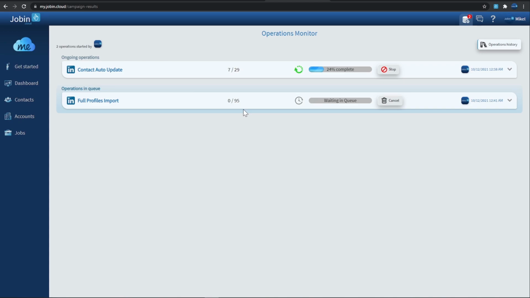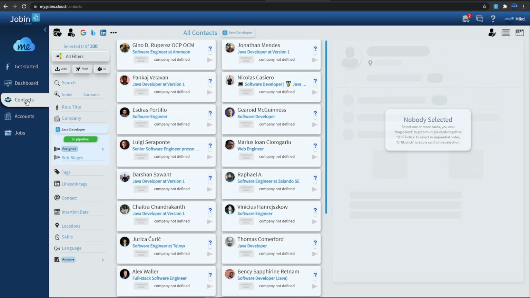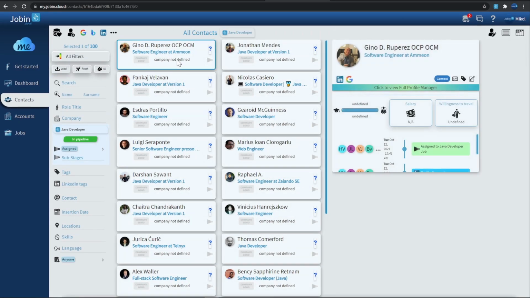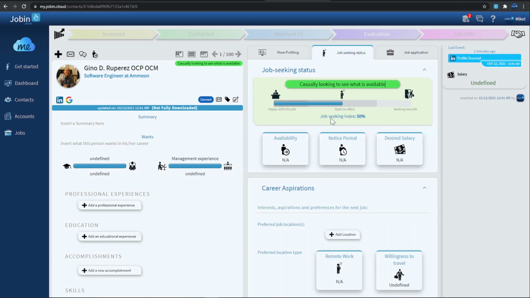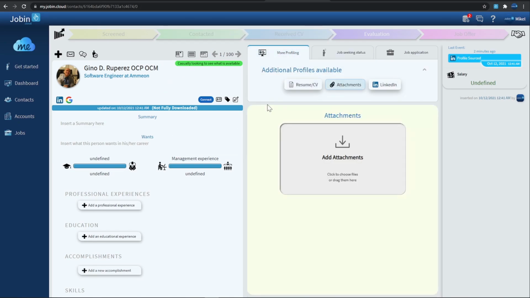This is because Jobin has an integrated automatic database duplication system, and having detected a duplicate, it automatically skipped them from being updated. This is in fact what allows us to actually update profiles. Thanks to this de-duplication system, you can add jobs, job-seeking interests, salaries, and all kinds of information. You can also attach CVs, attach any other kind of attachment, and so on, but you're not going to lose